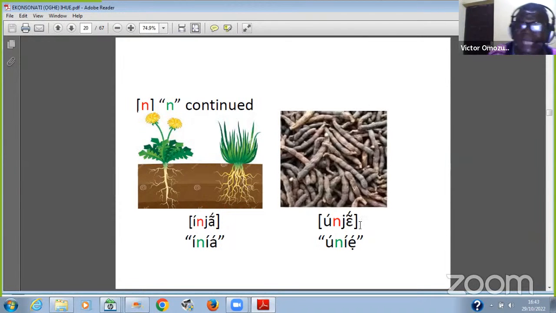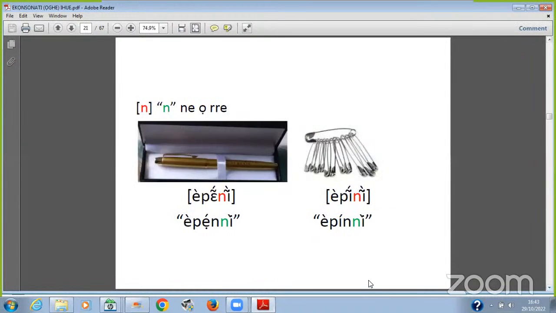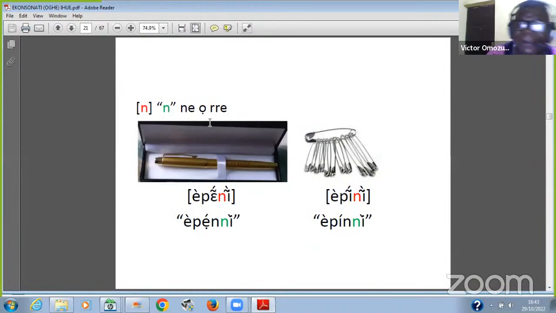and then Unie. The Inia is a root, and then Unie is a type of spice, used for medicine and even pepper soup by some people. Spice. Spice, thank you, my sister. That's it. Yeah, that is spice. Then you have the ni sound